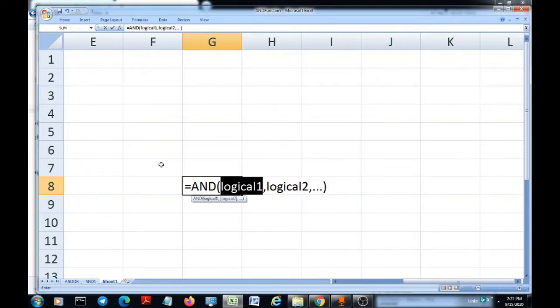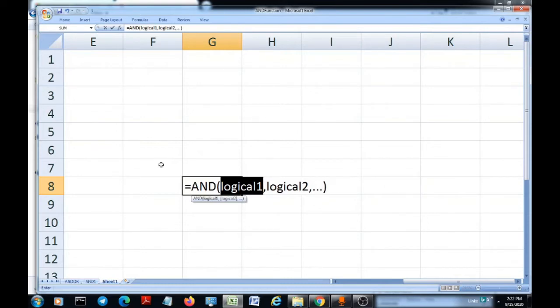The uniqueness of the AND function is that if all these conditions are found to be true, only then is it going to give us an overall result of true.